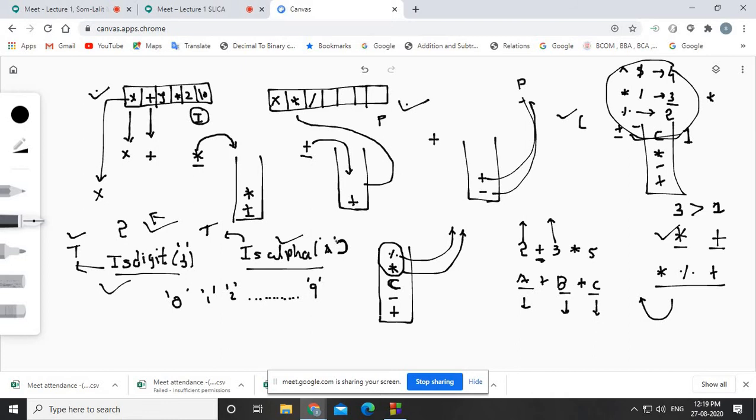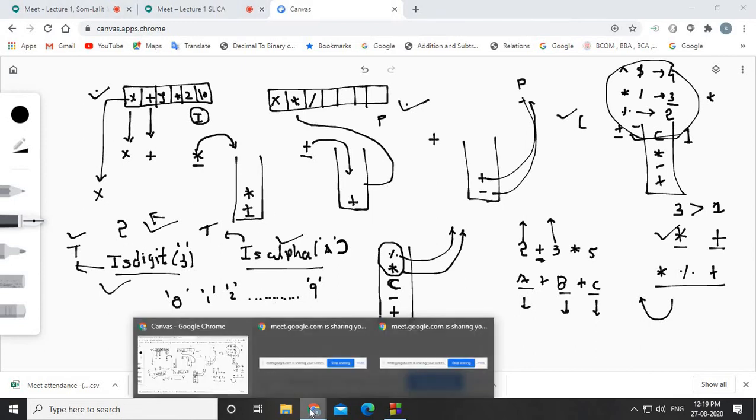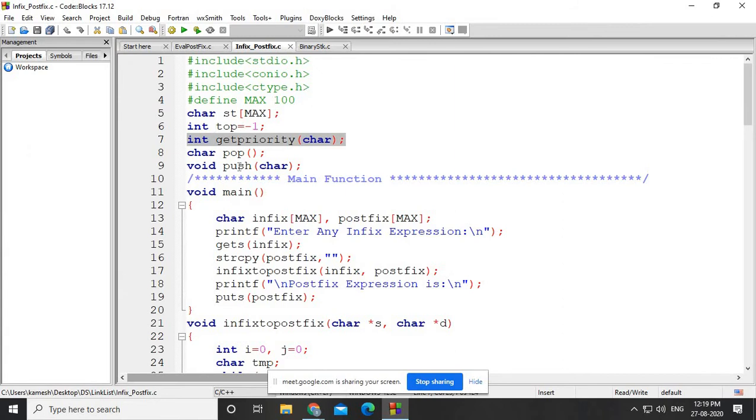Okay. So to convert an operator into a numerical value, so that we can compare which of two operators has a higher priority, I have made a function, and for that purpose I have written a prototype, that is getPriority. Here we are passing an operator, and the function will return a numerical value such as 3, 4 or 1 based on the operator we are passing to this particular function.